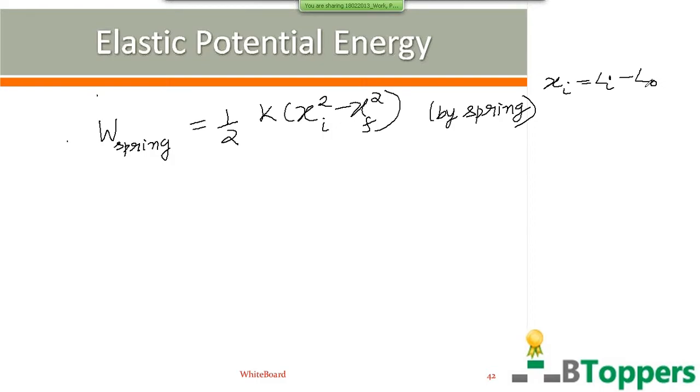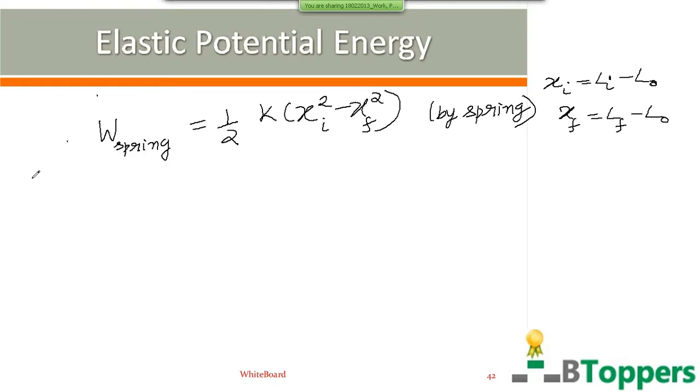That means the length of the spring when the spring is unstretched and uncompressed. L0 represents the length of the spring when it is neither stretched nor compressed. So when the spring has its natural length L0, the elastic force by the spring becomes 0. Li represents the initial length of the spring. xf represents the difference between the final length and the natural length. Lf is the final length and Li is the initial length.